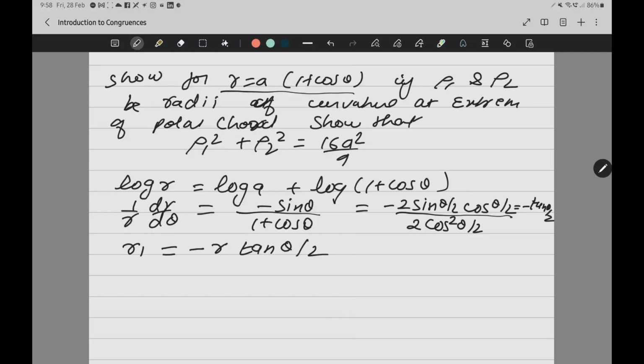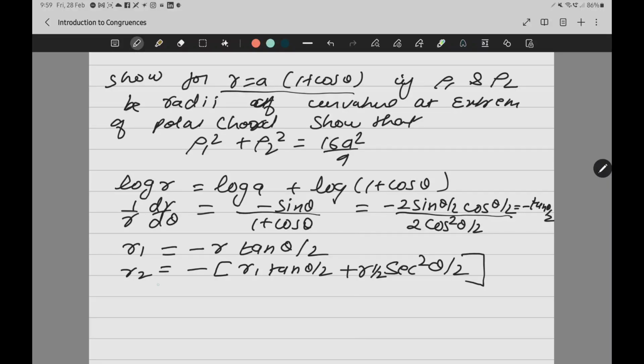Correct? So I got the value of R1, but I need the value of R2 as well, right? So now for R2, just differentiate it again. So how will I differentiate it? R2 is equal to product rule. Always whenever minus is there, keep it outside to avoid the confusion. So R1 tan theta by 2 plus R secant square theta by 2 and 1 by 2. Okay, 1 by 2 I'll write here. If you compare it with the previous question, there it was n plus 1 coming, here 1 by 2 plus 1 is coming. Only a value is there in place of n. Okay, but the process remains same.